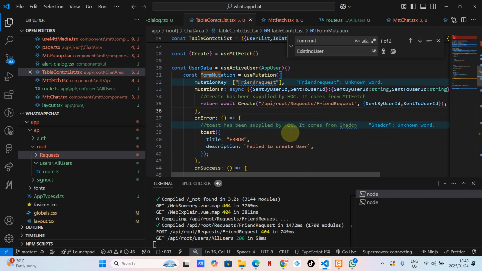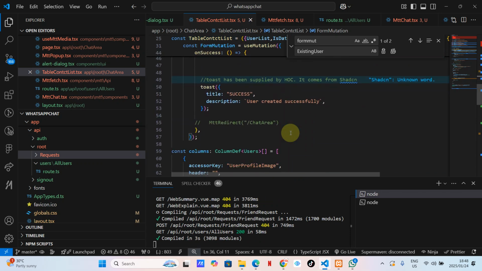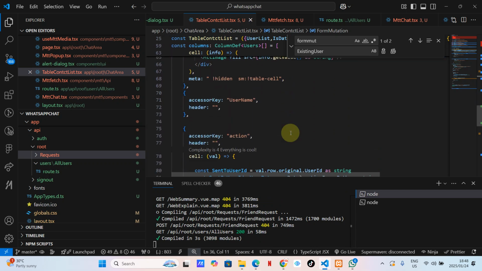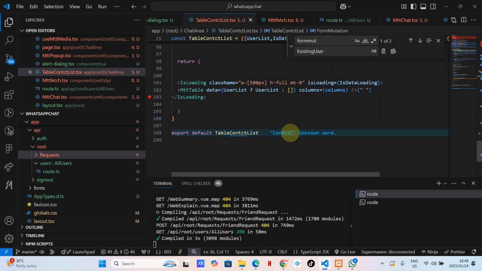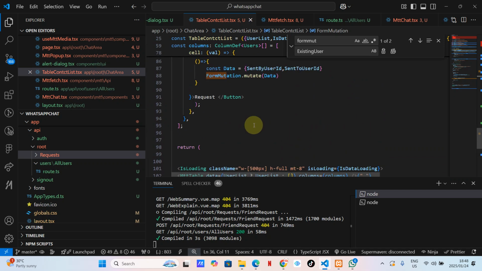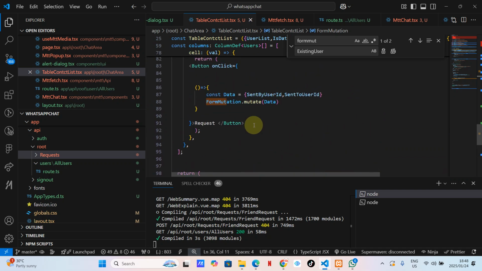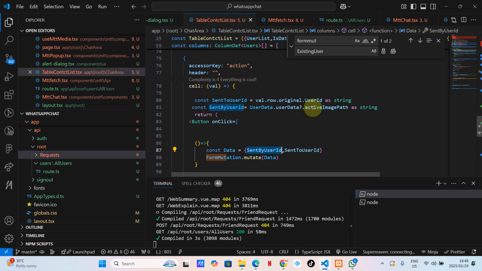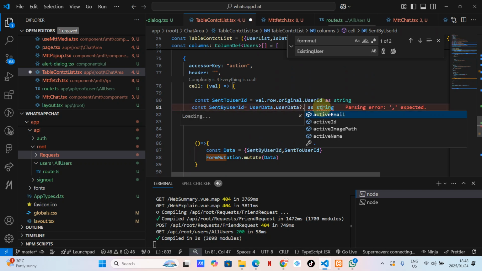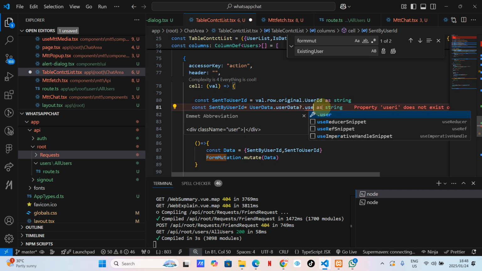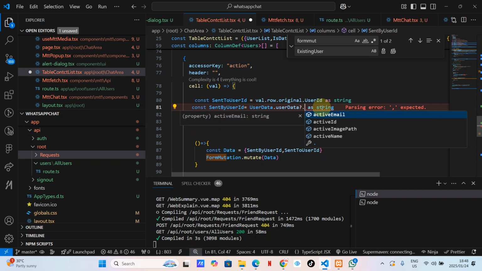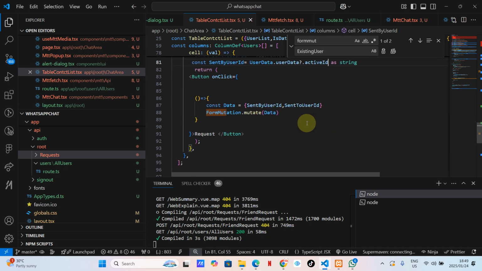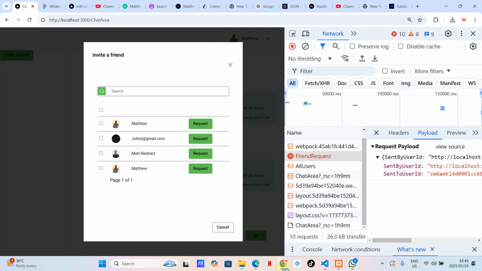Okay, and what else? Let me go to my sent by somewhere here. Where am I on the table? Yes. Where is mutation.mutate? Where am I getting this sent by? As you can see, this is not an ID. Where is dot active ID? Okay, this is the sent by. I'm happy with this. Now I need to figure out why